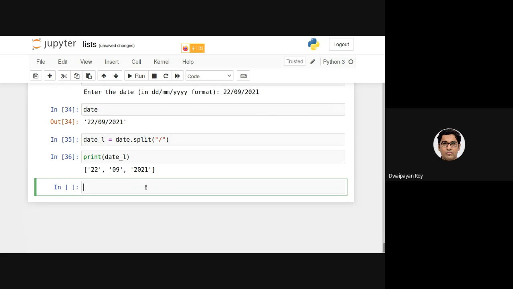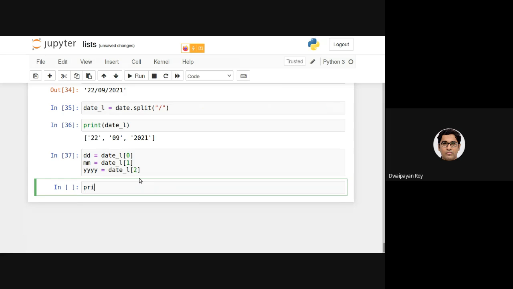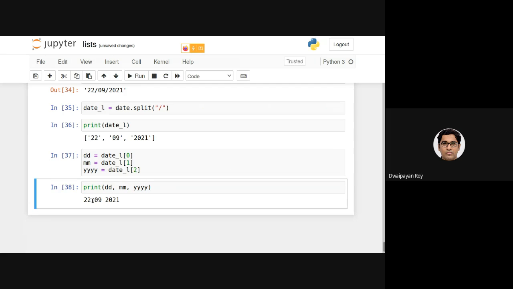Now if I want to extract these items individually, let's say I want to access the DD, which is the date, I just need to provide date underscore L 0, then date underscore L 1 for the month, and YYYY, another variable, date underscore L 2. And if I print dd, mm, YYYY, basically these variables, as you can see, I'm getting them as it is.